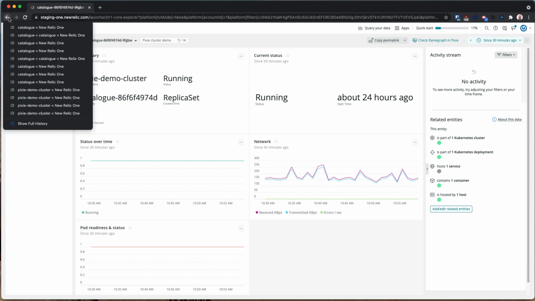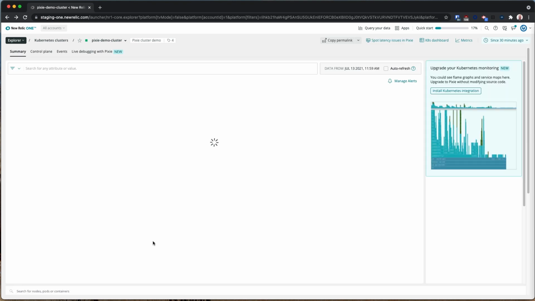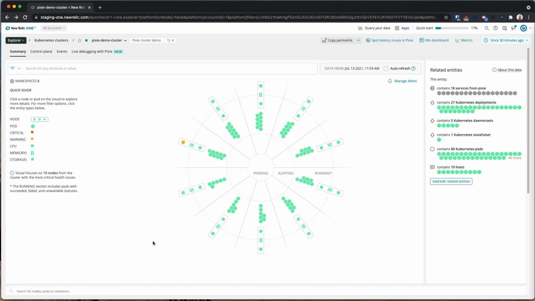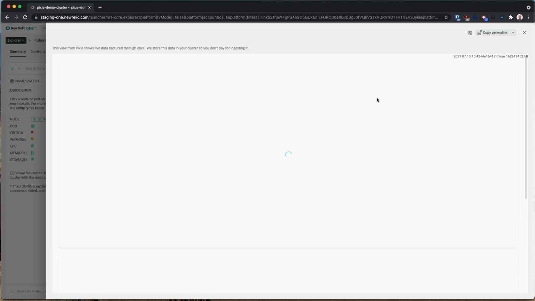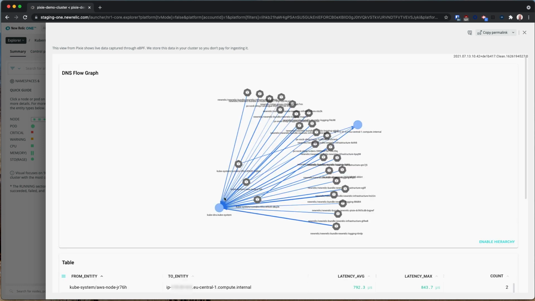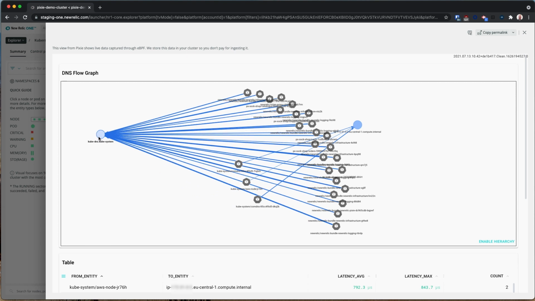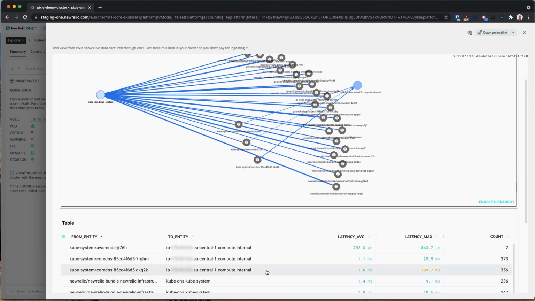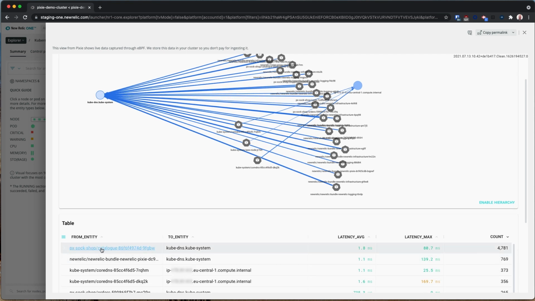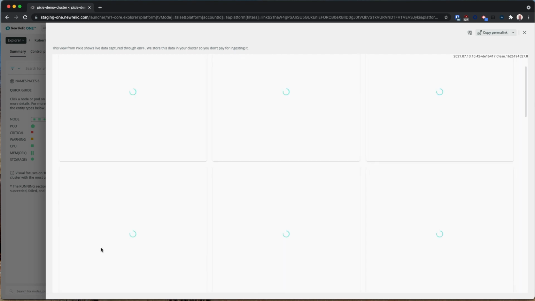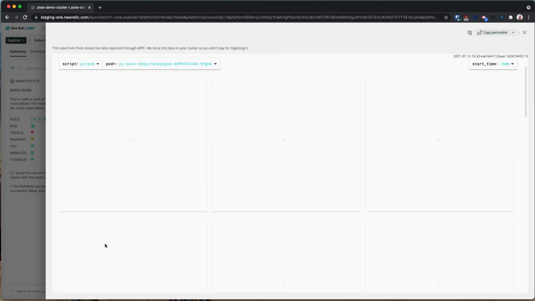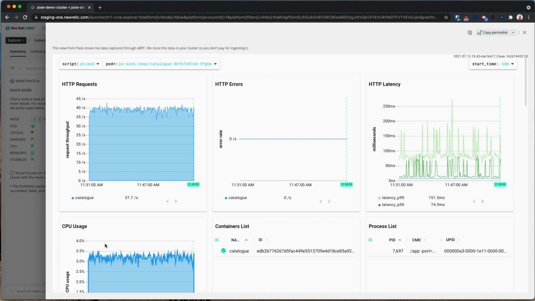There are other ways that you can interact with the Pixie integration. If I go back to the Cluster Explorer, I can choose to spot latency issues within Pixie. So I can move from this interface to Pixie in one step. Here I'm looking at a DNS flow, and I'm having some sort of challenge with DNS inside the cluster. Really quickly I can sort this up, sort this down, and look at a particular entity that is calling DNS quite a bit. And I can drop in and get additional details around those requests.